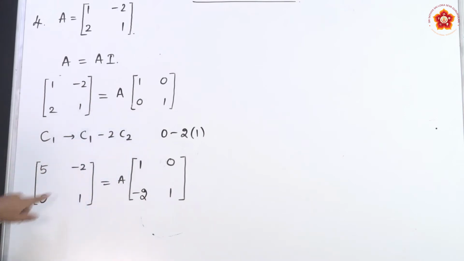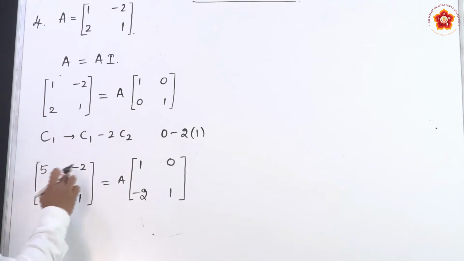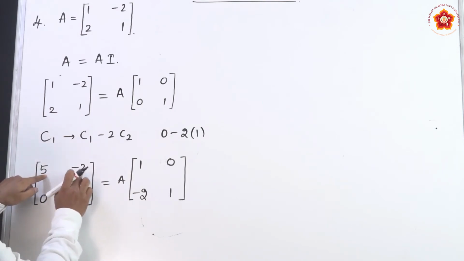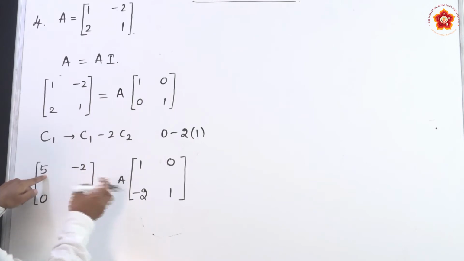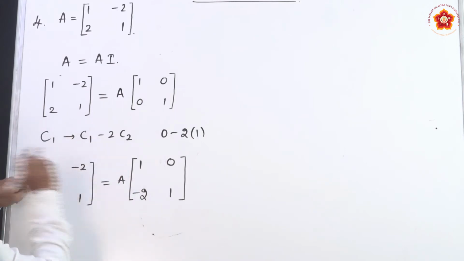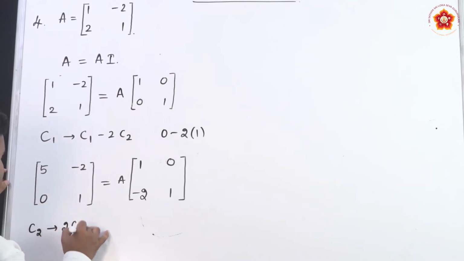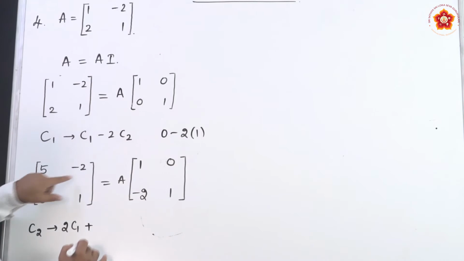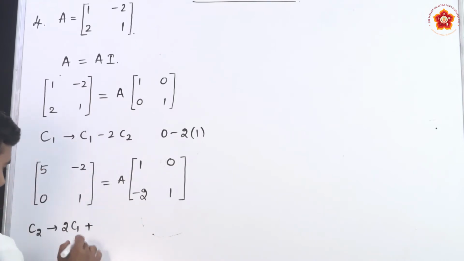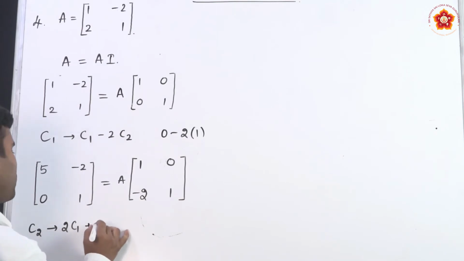Okay, next I want to make this 0. Here a negative element is there and the corresponding element is 5. So, now I want to multiply C2 by 5 and I have to multiply C1 by 2. So, here only we can get that. Now I am going to apply on C2. C2 becomes 2 times C1 plus 5 times C2. I want to make this 0, already a negative is there, that is why I am adding it, otherwise I would subtract it.